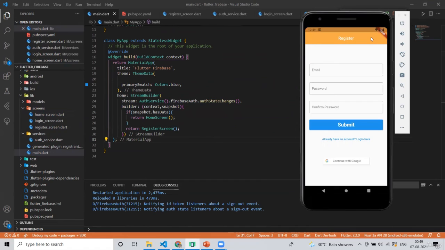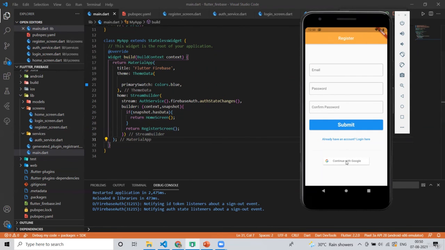See, we haven't written any navigation code in our sign out, but it has already taken us to this screen just because we have our stream builder and it is checking on the auth state changes continuously. So if something happens, we will be redirected to either home screen or register screen.